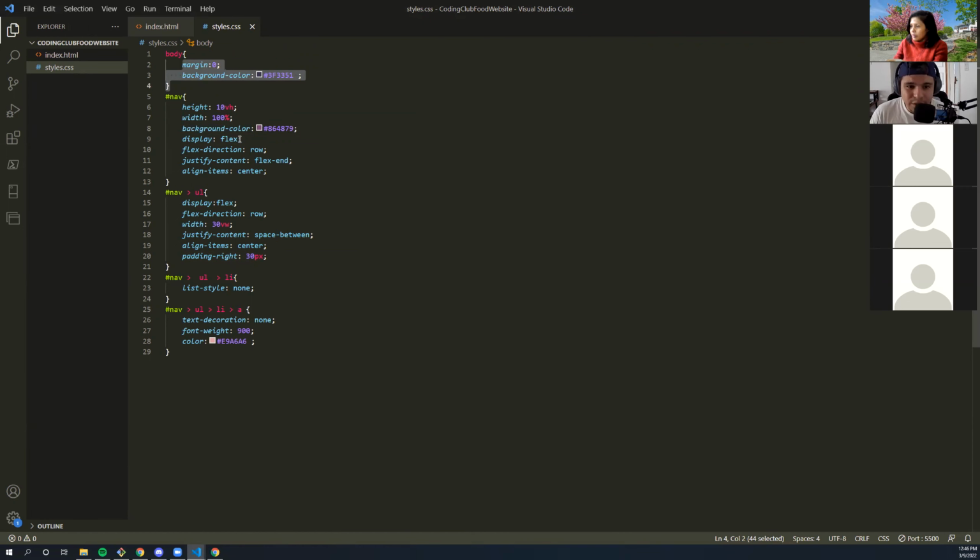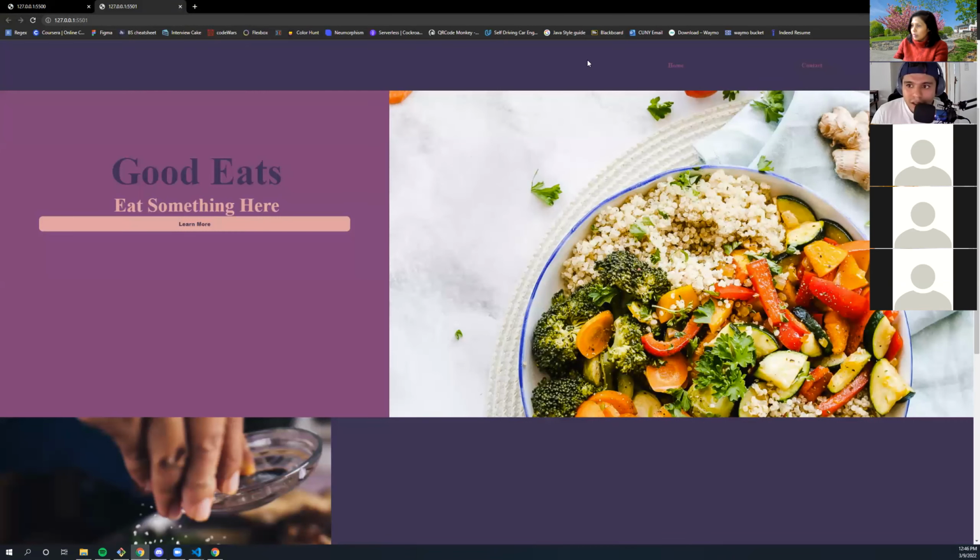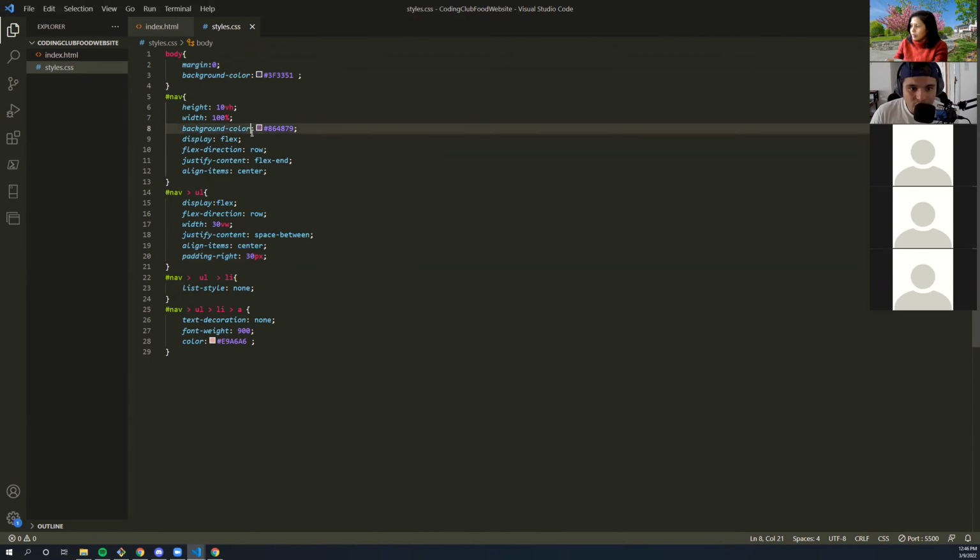We also did a display flex and a flex direction of row. That gives us the ability to center and put this text to the right hand side. So when we do a flex container of row, we're doing left to right and not up to down. And we justify content flex end, we're placing the content to the end, and we're doing align items center, which centers our items.